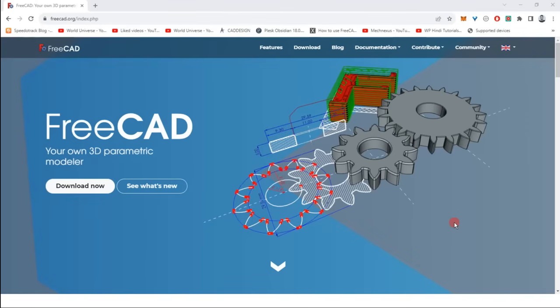And in this lecture we will learn an introduction to FreeCAD and the benefits of using FreeCAD over the other 3D software available in the market. At the end of the session you will understand the power of FreeCAD and how it benefits students